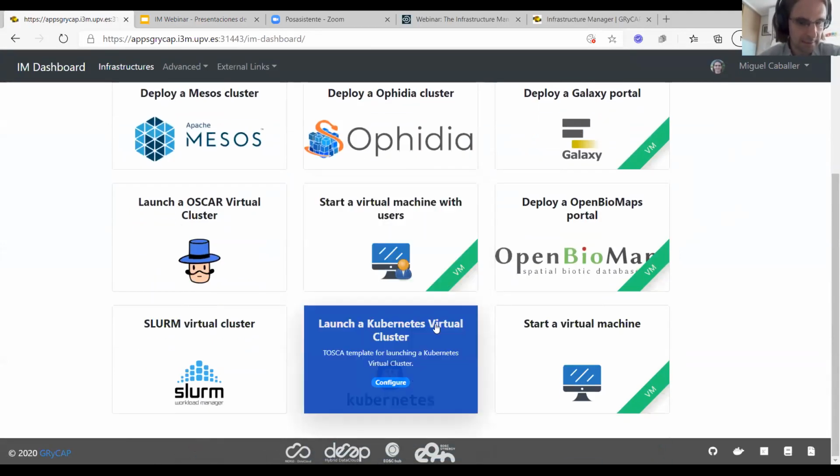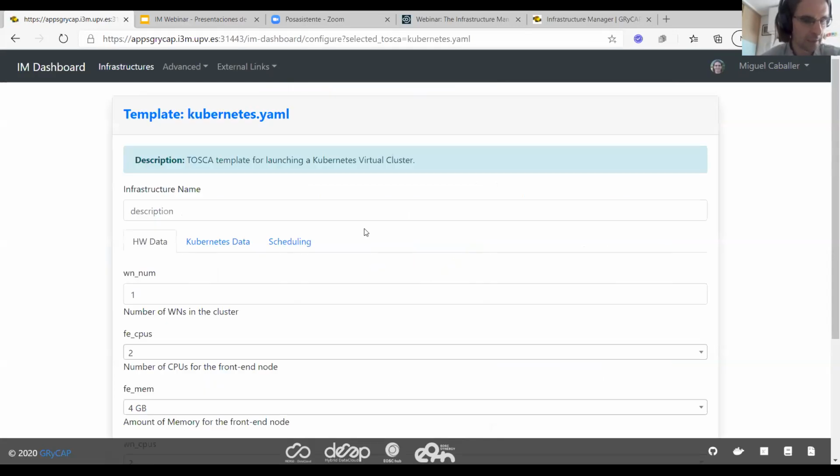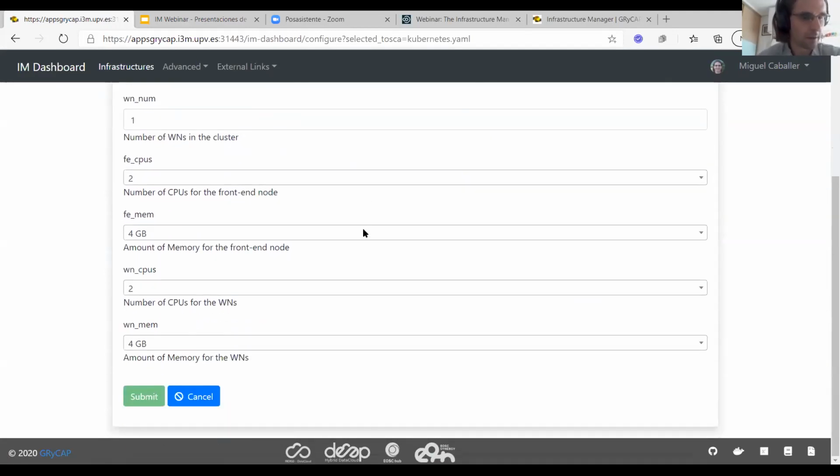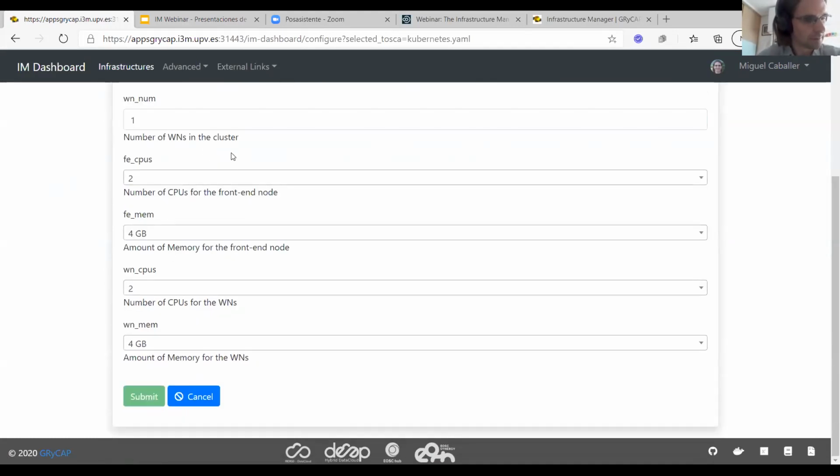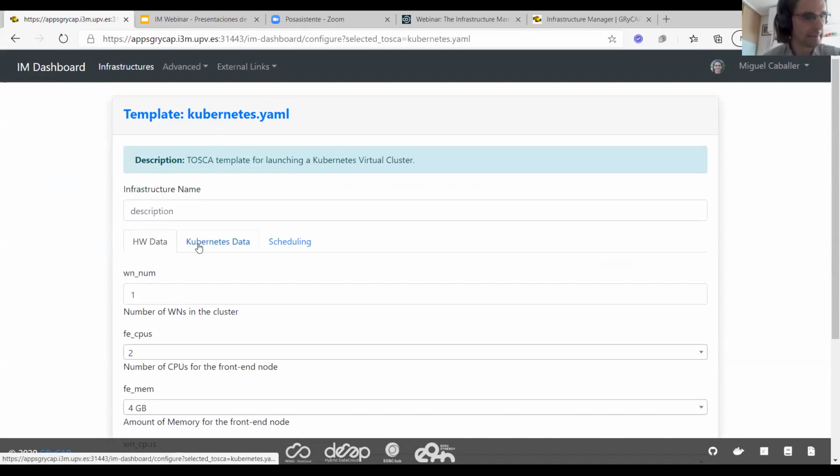In this case, as an example, I will create a Kubernetes cluster. Then you click on configure. And here you have a set of input parameters of the TOSCA document. In this case, it is separated into different